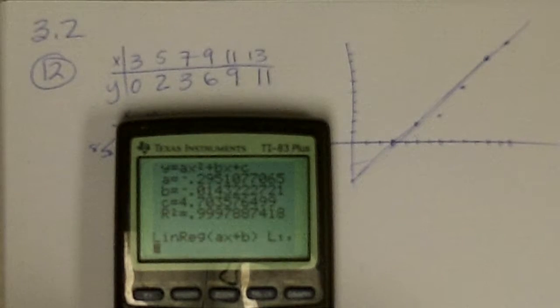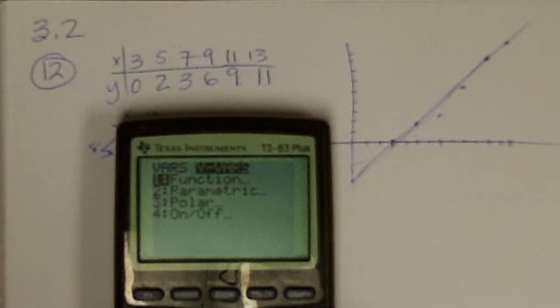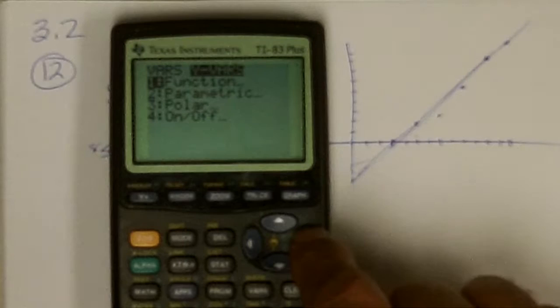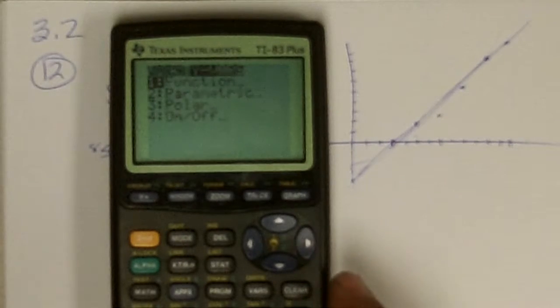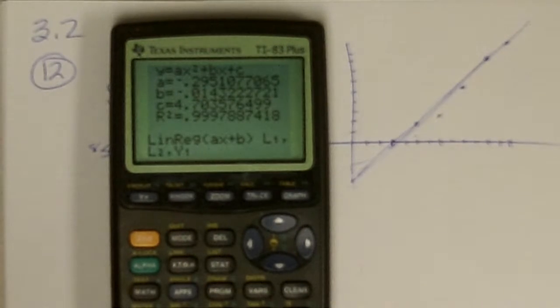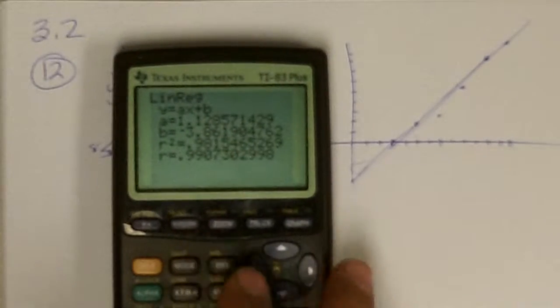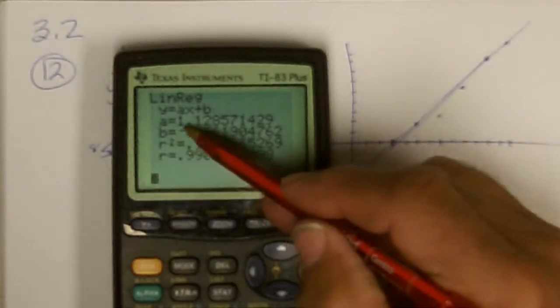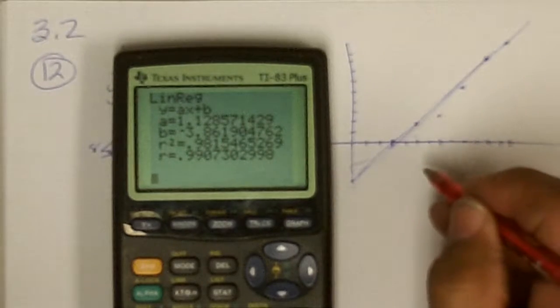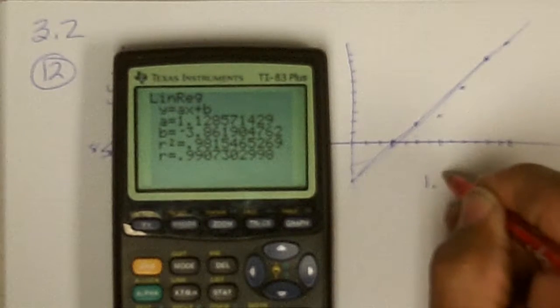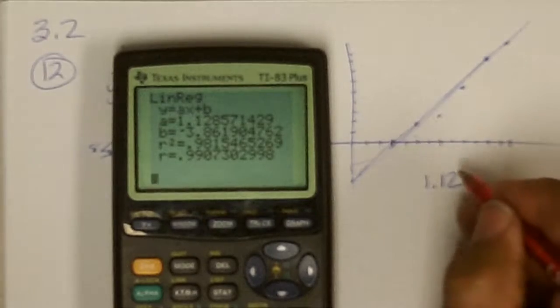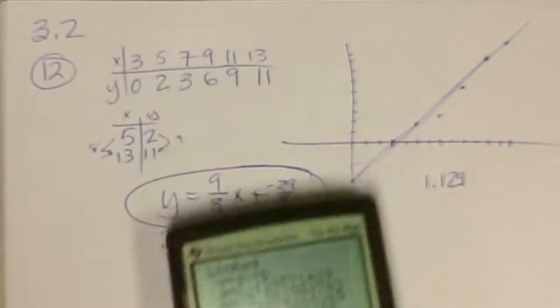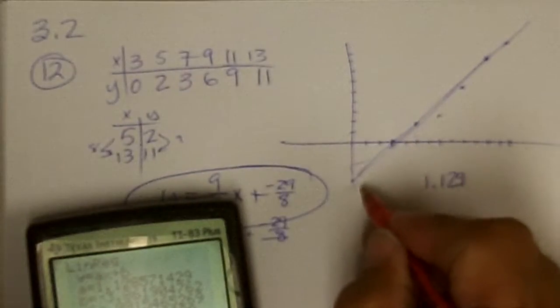List 1, comma, list 2, comma, put it into Y variables. So I push variables, Y variables, and then select that and select Y1. Press enter, and it's come up with the equation that has a slope of 1.129 roughly, and I had 9 eighths, which is